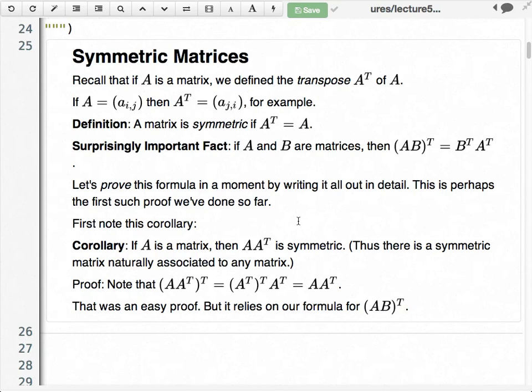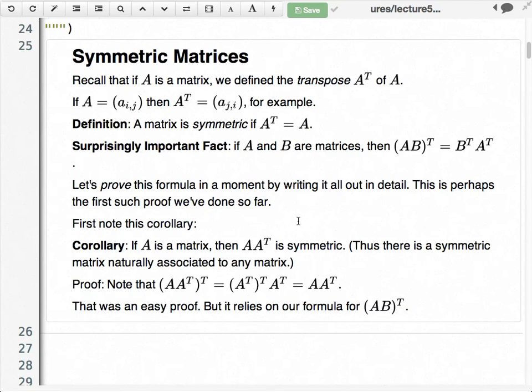So now we need to check that, in fact, (AB) transpose is B transpose times A transpose. Right? Don't you want to know why that's true now? Because how can you check? You could certainly try a few examples. You can do some special cases, like if A and B are 1-by-1 matrices, then this is really easy, because a 1-by-1 matrix is just equal to its transpose. So that does absolutely nothing, and multiplication of 1-by-1 matrices commutes. So that's easy. But what if they're 2-by-2 matrices?